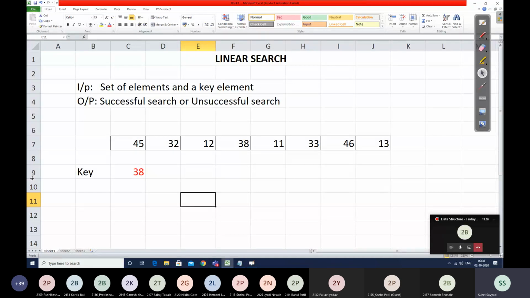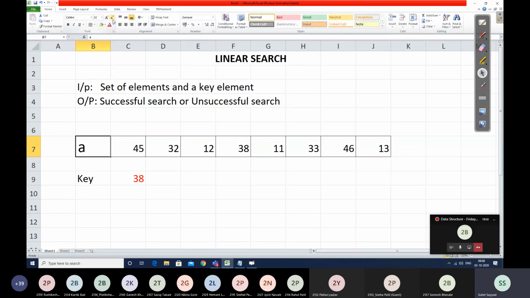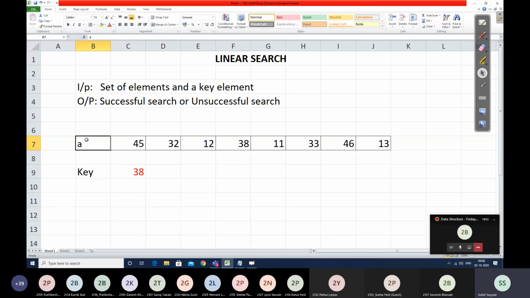Now in order to solve this problem, we are thinking of these given set of elements as part of an array. Suppose this is our given array A. The indices of this array are 0, 1, 2, 3, 4, 5, 6 and 7.